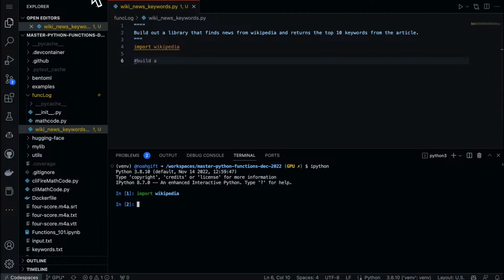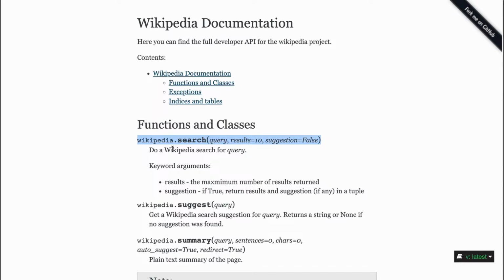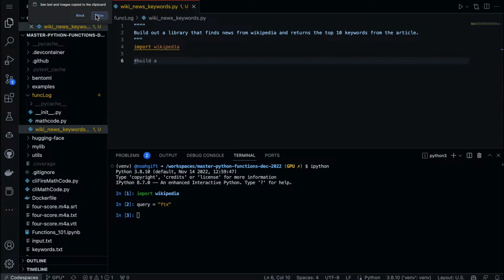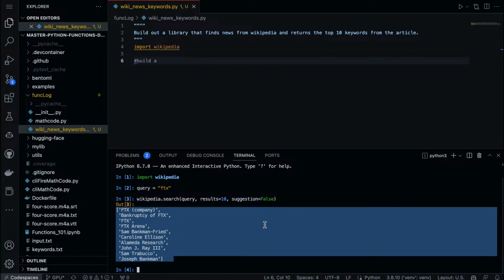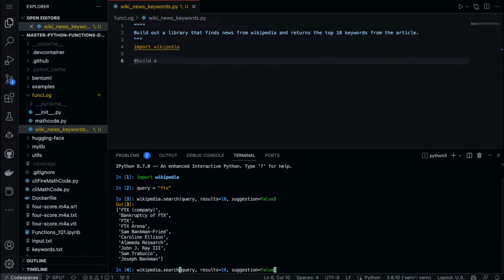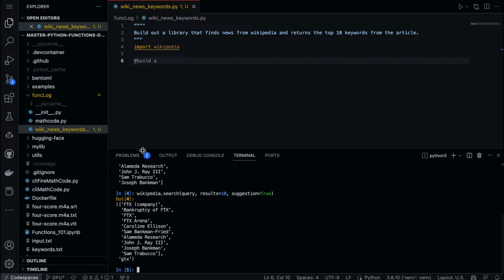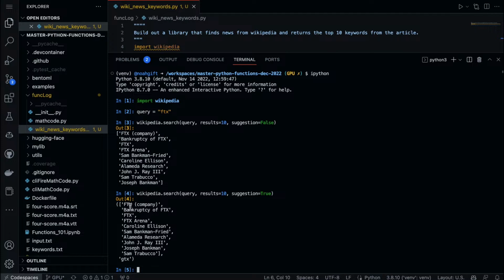Look, I can play around with this, and the doc said wikipedia.search(query). So let's do a query. I know the hot thing in the news right now is FTX, right? Are they going to indict, or have they indicted? Are they going to do something with that founder? Let's see if we can find some stuff about it. We can say wikipedia.search(query, results, suggestion=False). What do we get? There we go. Look, we have all these suggestions here. Now, what I don't know is, what happens if I say suggestion=True? What does that do? So it just puts some extra suggestions in there.